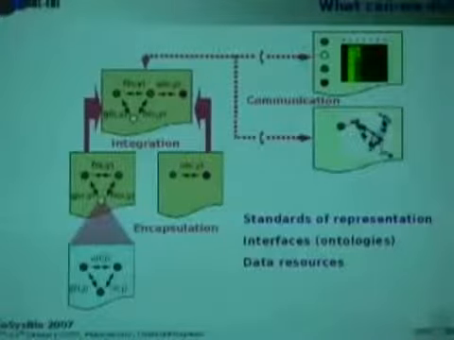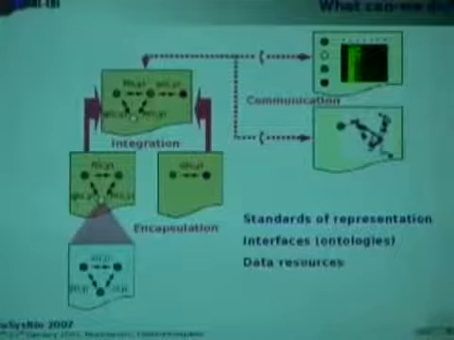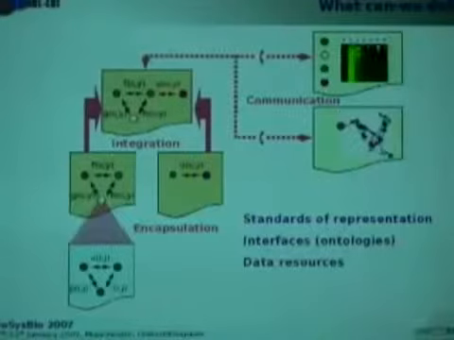We need to build interfaces, of course, and in particular, this is the work of ontologies, and that's a buzzword, but it's hugely important at the moment, not just in life sciences. And we need to build even more data resources so we can store the things that are supposed to communicate. I will start with standards, and there is this famous saying that is attributed to almost everybody, which is